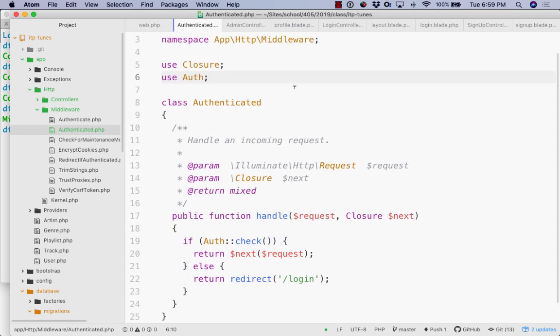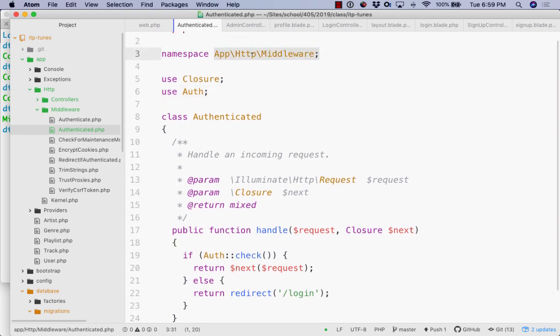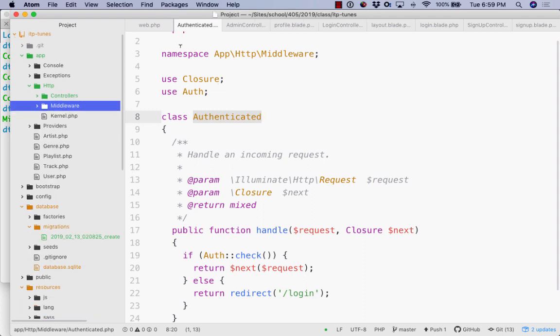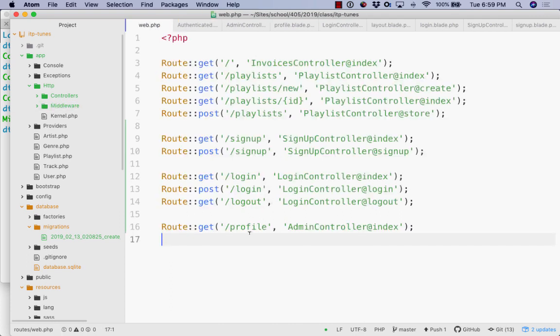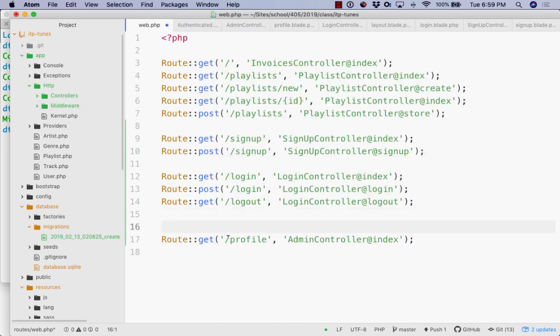Okay, so if we look at this middleware, the full namespace of this is App\Http\Middleware, and then the class would be Authenticated. So inside this web.php file, let's say I want to attach the profile route and make this authenticated. We can easily do this by saying Route::middleware, and we can pass it an array of middleware functions. So in this case,